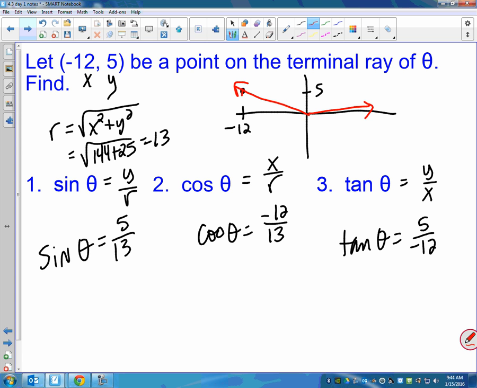So if I drew in my dotted line, this is the triangle that it makes, and this is always your theta from the origin. So we're actually measuring the angle from here over to here. But this would be the triangle you would use. So notice that my opposite side is 5, my adjacent side is negative 12, my hypotenuse is 13. So if it helps you to draw the picture, draw the picture. But the idea is you don't have to draw a picture of a triangle anymore if you know sine, whatever, or